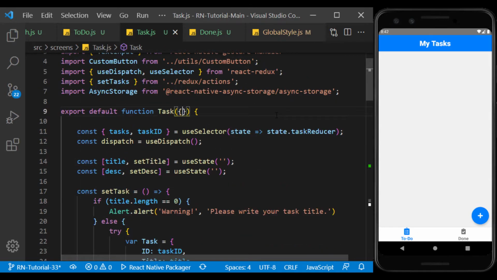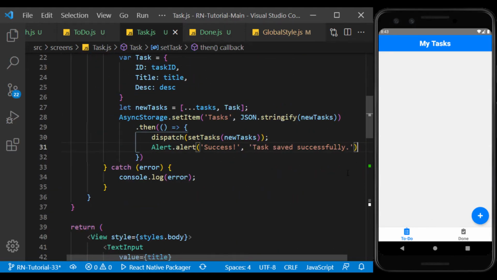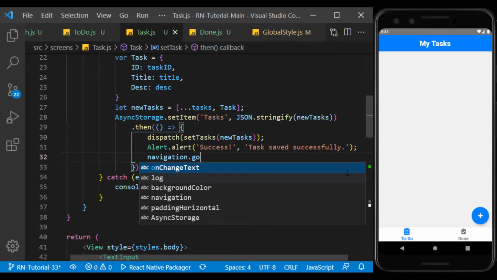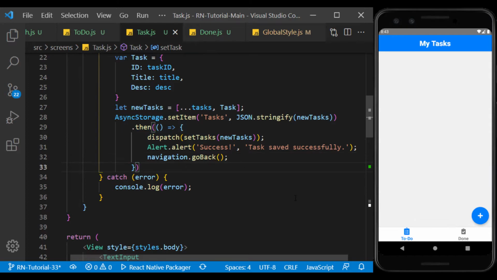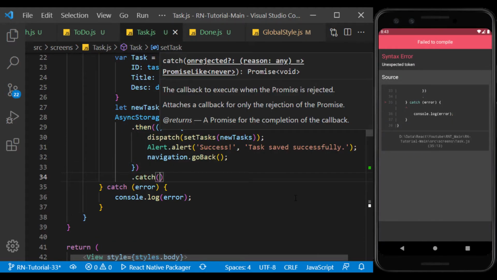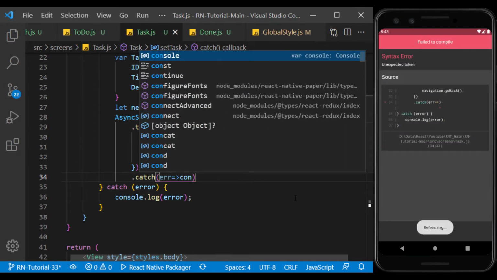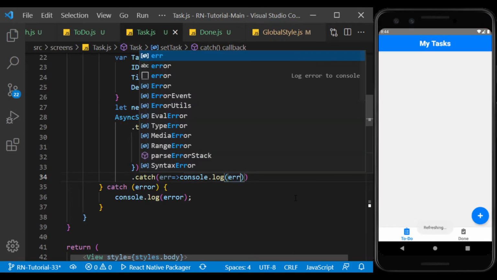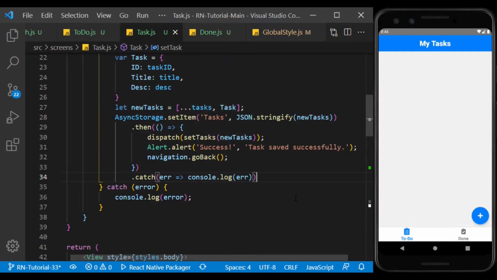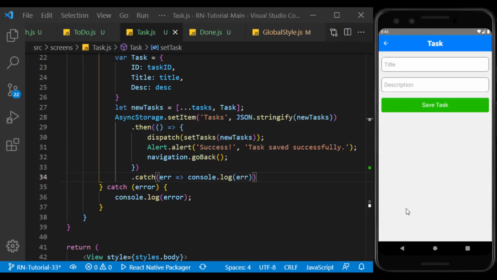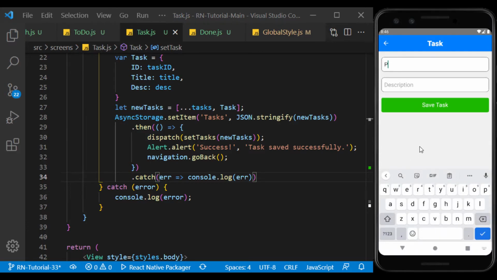Finally, we return to the previous page using navigation. We also display the possible storage error in async storage in this way. So now I create a new task and save it in the task list.